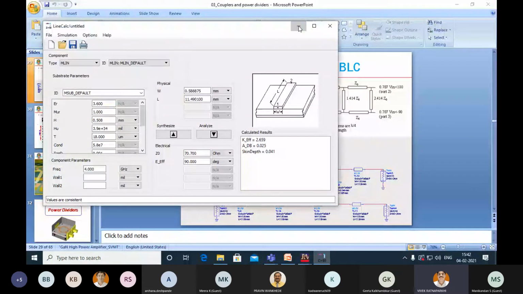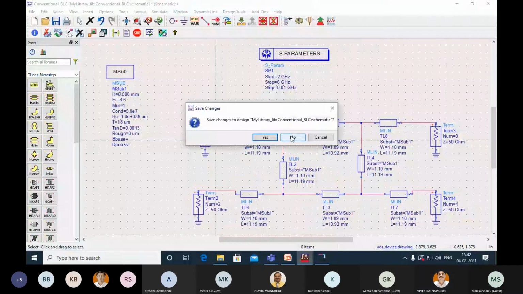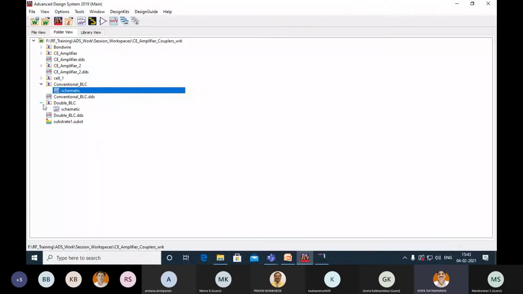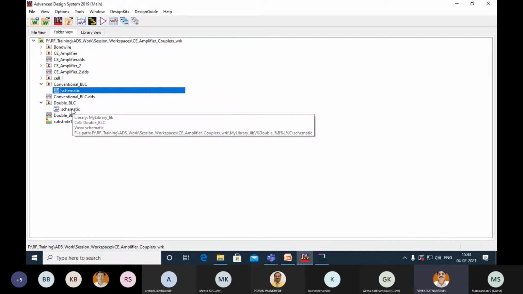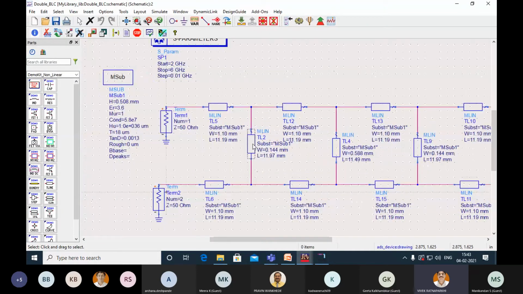You have to make the structure in ADS. So this is the double box. You can copy the same cell which you have created, rename it as double BLC and open the schematic. The first two lines are the same, means 1.10 and 11.19. This is the 50 ohm line.